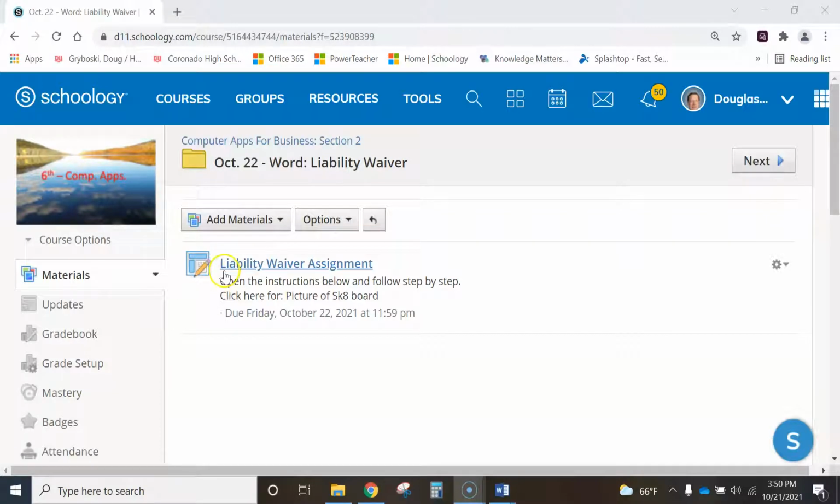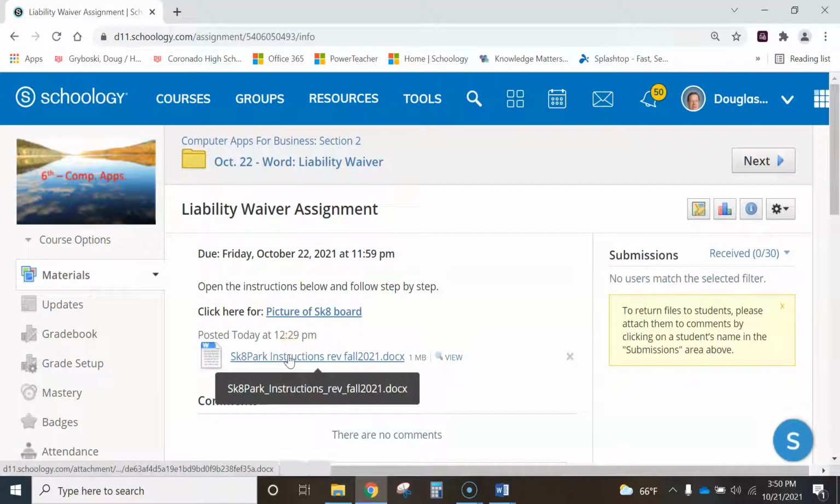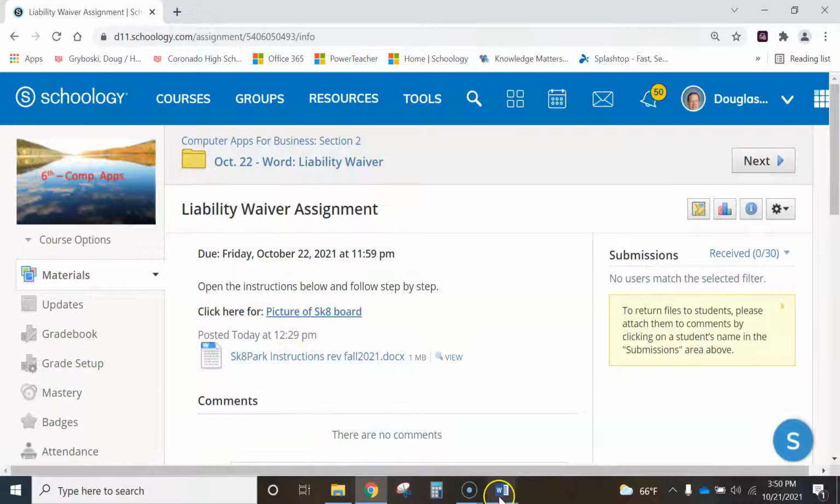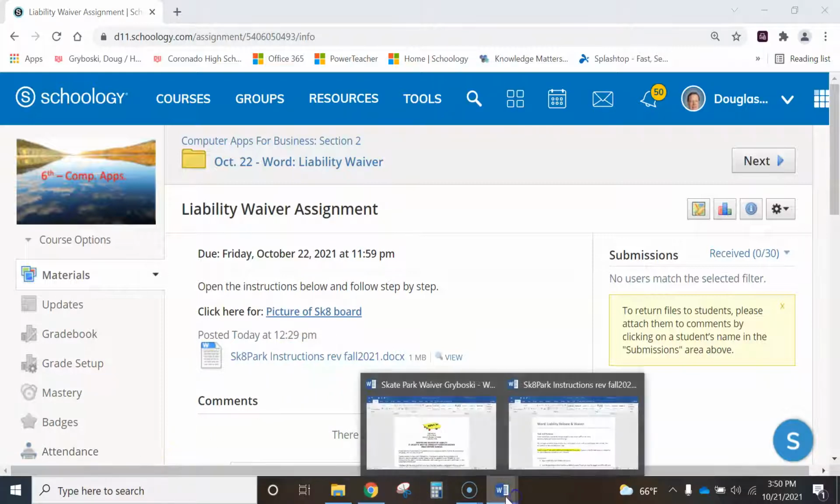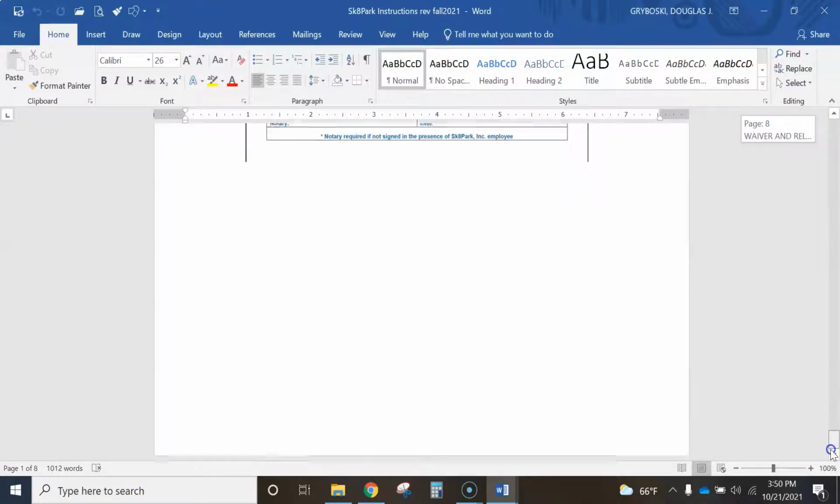This video is to give you some tips on the liability waiver assignment. We're using Microsoft Word to create this liability waiver. So when I click here, the instructions download, and I already have them open, so I'm going to go ahead and just open it. And first thing I just want to show you is at the very bottom here,